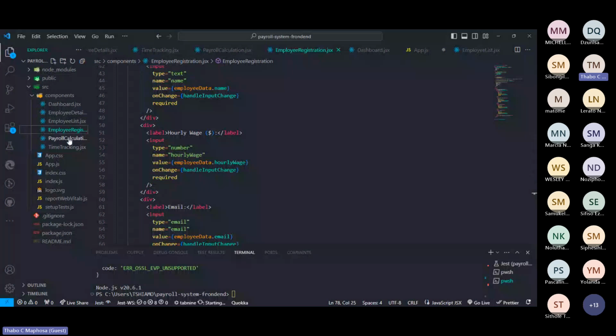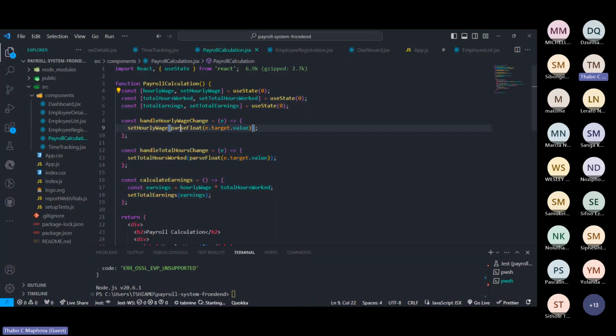And then the payroll calculation calculates how much money the person earns. That's what this payroll calculation does. It simply captures the hourly rate, and then captures the number of hours that have been worked, which is the clock in, clock out time, and then also calculates the total earnings.